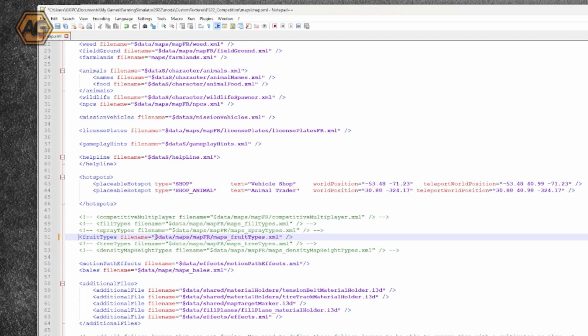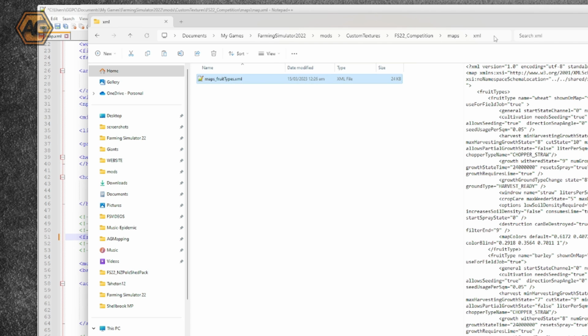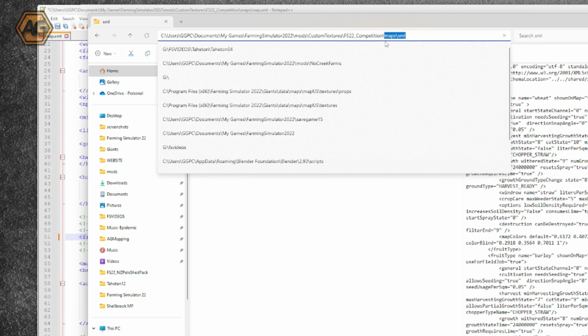Now this is still pointing to $data, so it would be using the map fruit types XML. We need to go back and point it to the fruit types XML that we just put in our folder, which was, having a look back here under XML, and we can see that path, maps XML and maps fruit type there. So I'm just going to come in here and copy those two pieces, maps and XML, and then